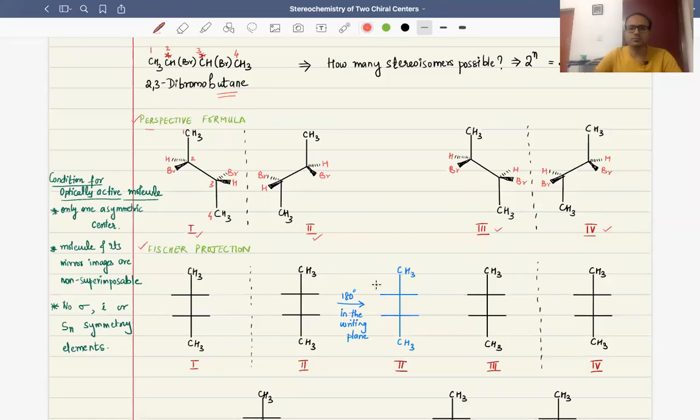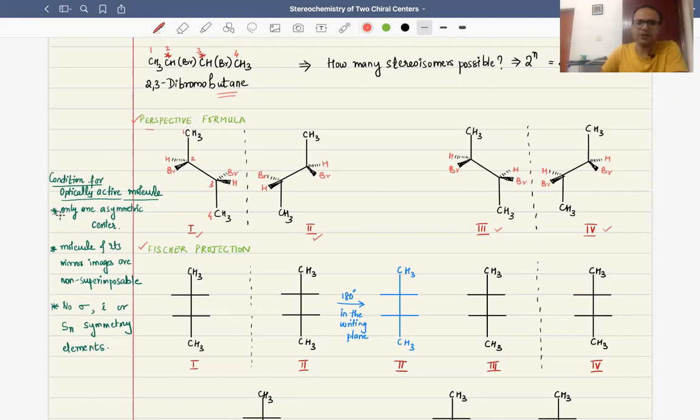For example, how can we decide whether these molecules are optically active or inactive, or in other words, whether these 4 stereoisomers that we have drawn just now are chiral or not chiral? That would be decided on the basis of certain rules. Here I have written down certain rules, conditions which can decide whether a molecule is optically active